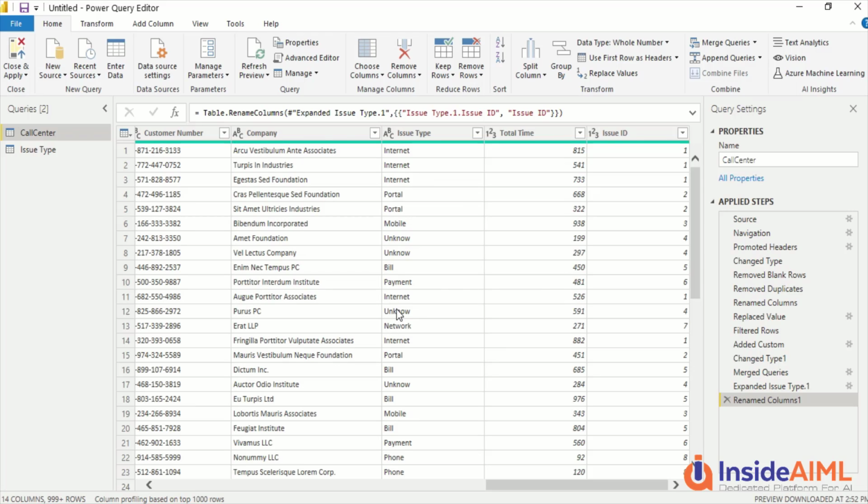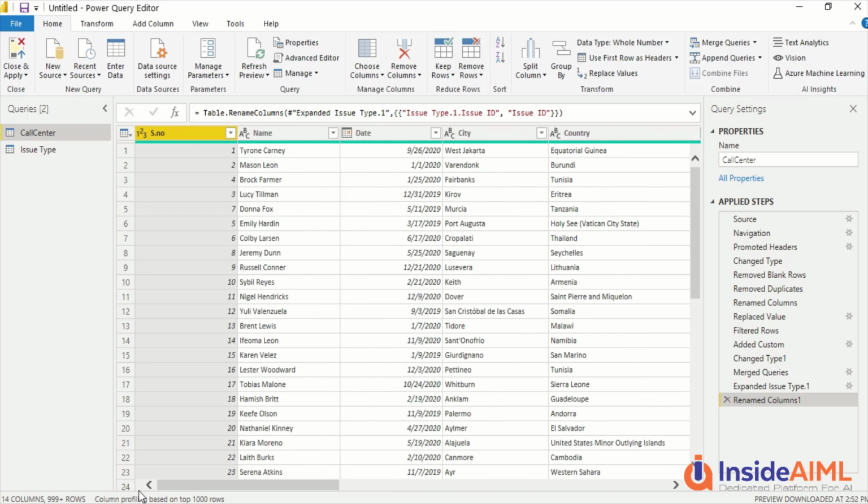But according to me, that is a call based on performance. Like if I add a measure which actually has to work at line level on the runtime, and the table is pretty heavy, is it good to have it added into the table as a column? Because column increases the load time and measure increases the runtime. So it might be better to increase the load time, but we'll learn all those things. So this layer, which is the data transformation layer, is for data preparation. The best suited is for data preparation.